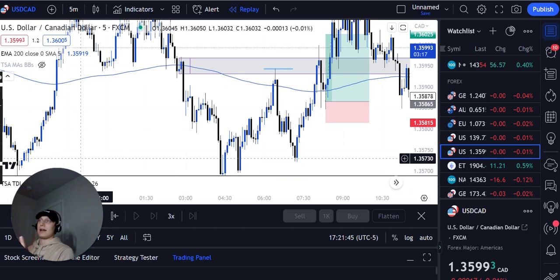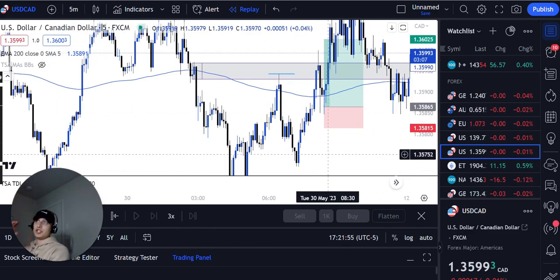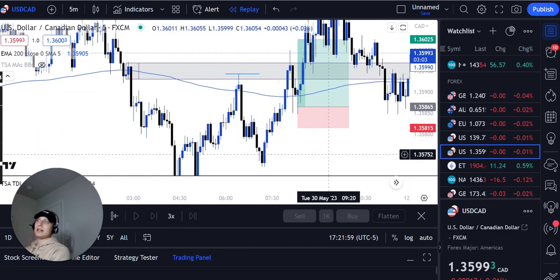But again, that trade happened literally right before I got on my laptop, so I didn't take it. Unfortunately, I just wasn't there in time. But I was patient enough, and I wasn't stuck on my own bias that it was going to be sells, because a lot of times, if you have been in this market long enough, you'll know that